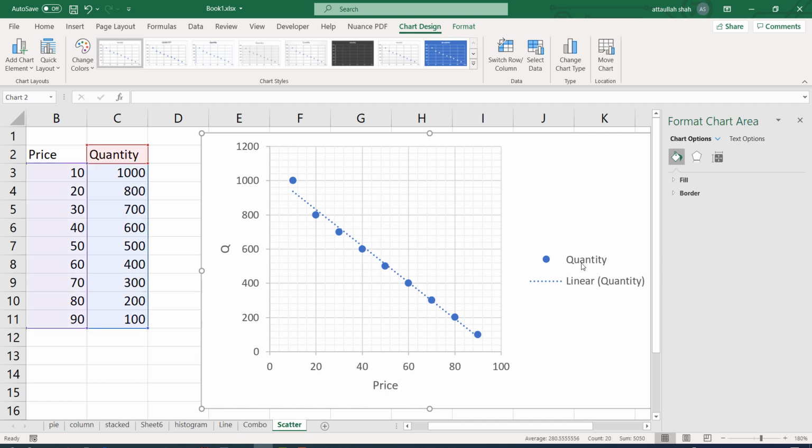And you can change the chart title as law of demand or whatever you would like to call it. So I'll give you some time to practice on this, and we will continue with our next chart.